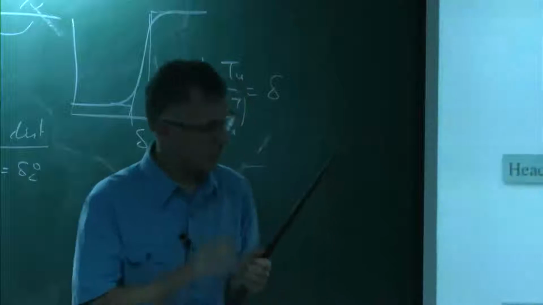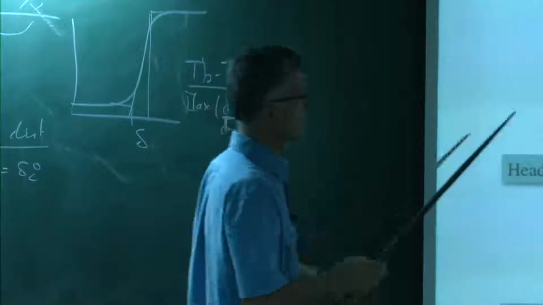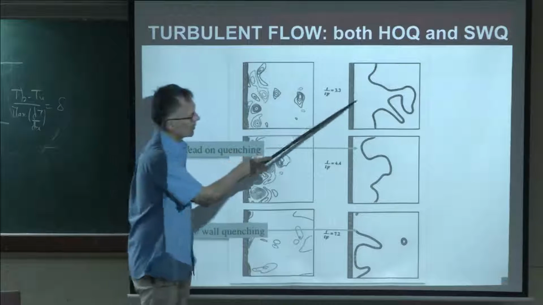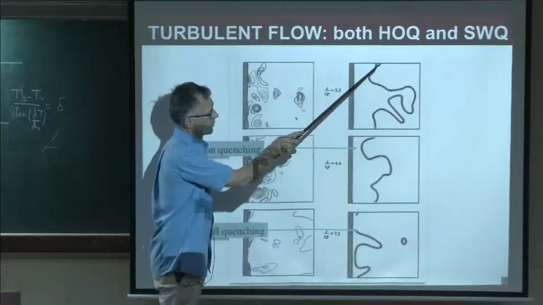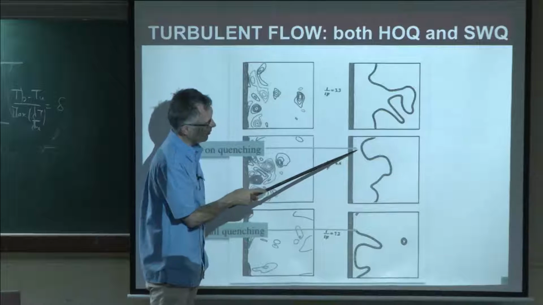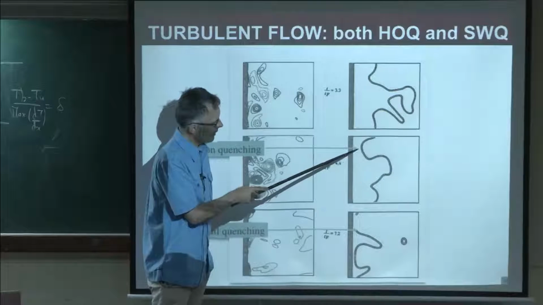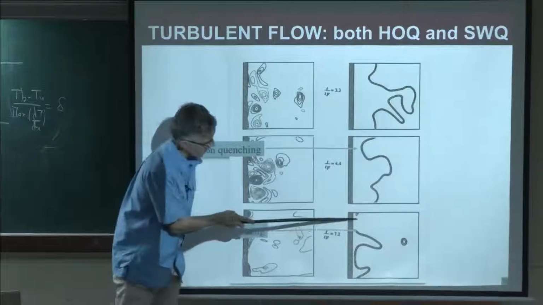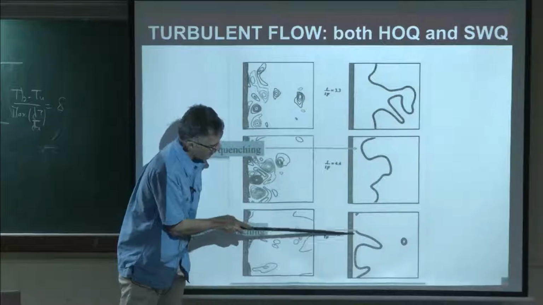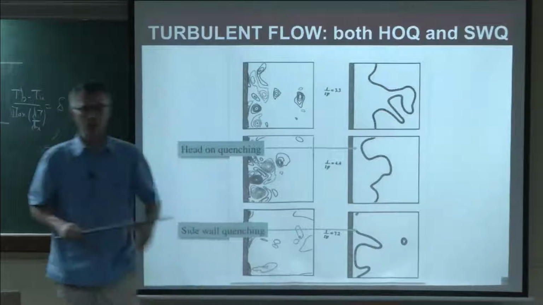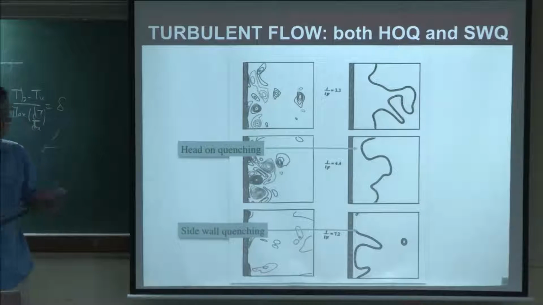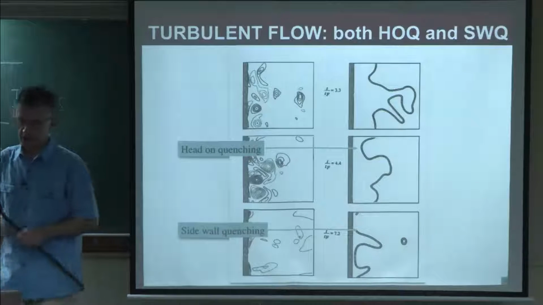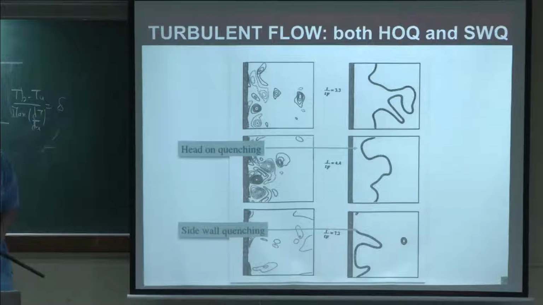Now, if you look at the turbulent flow, that's an old simulation we did at Stanford. This is the wall, this is the premixed gases, this is the flame. You see the flame is here. Then the flame comes closer to the wall. And here we have a head-on quenching. But then after this head-on quenching, the flame will go up and down, and here you will have a sidewall quenching. So in the turbulent flow, we expect to have all kinds of configurations from head-on to sidewall, and this is what the DNS are showing.